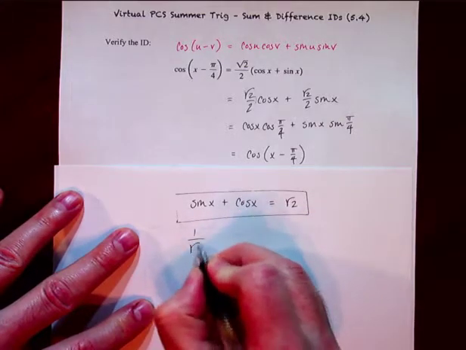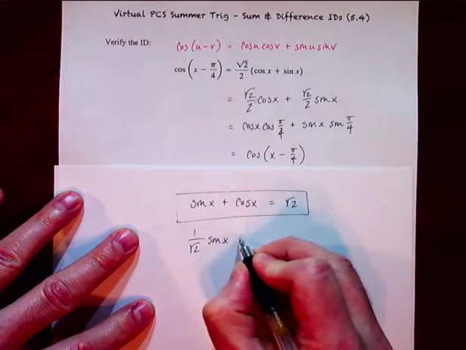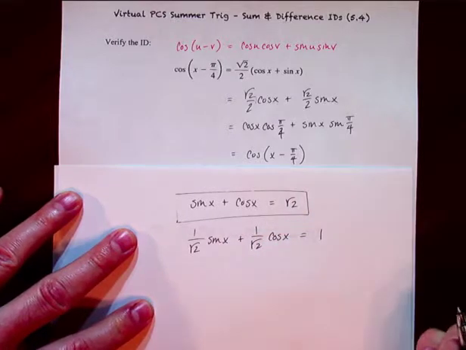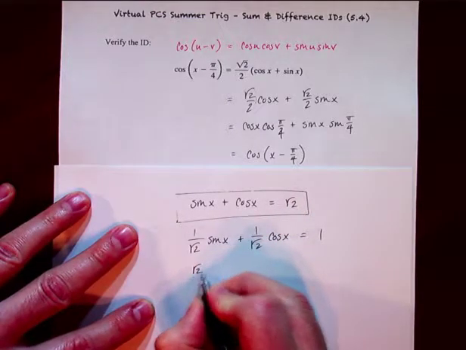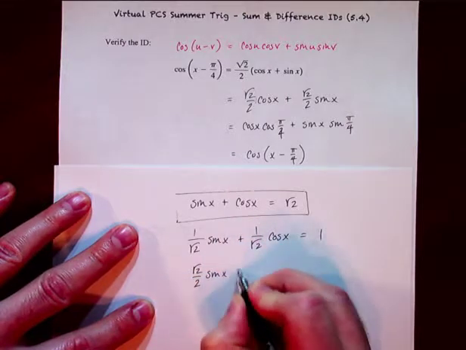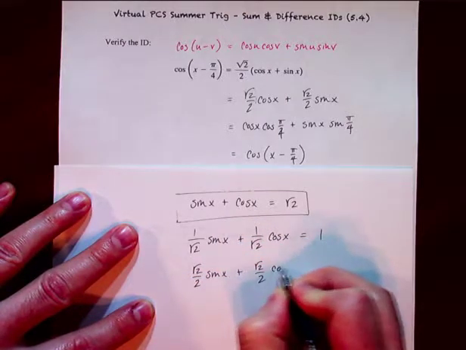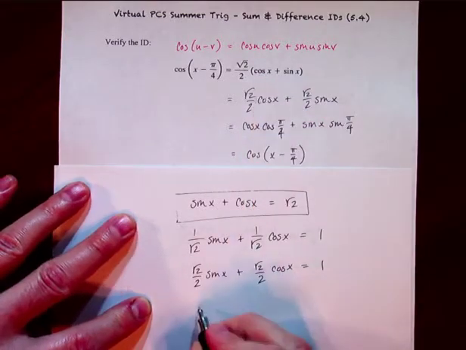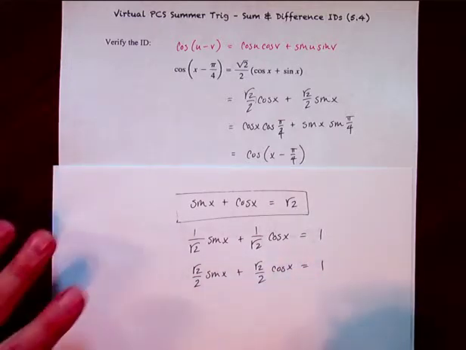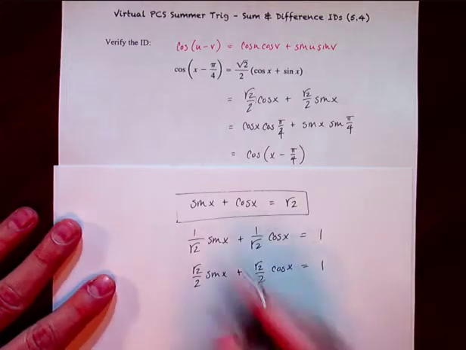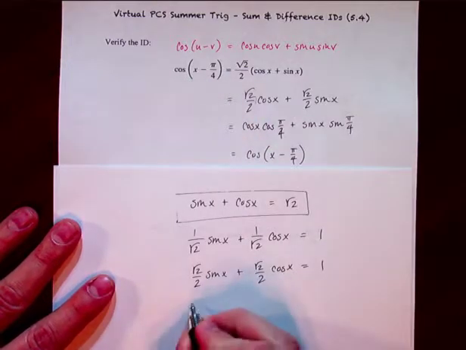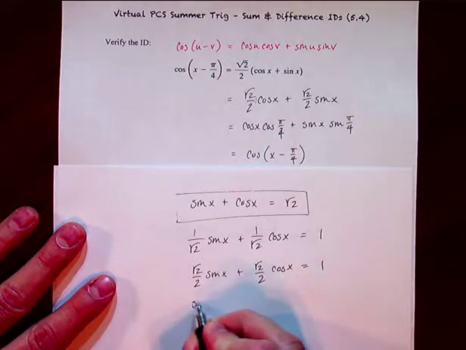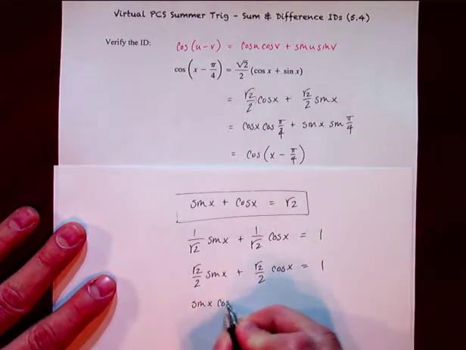And if we divide both sides by root 2, I'm then going to get, if I rationalize both of those denominators, something remarkably similar to that, right? And of course, you can flip it around, you can do whatever you want, but here's the thing: it doesn't actually have to go to cosine of x minus pi over 4. I only turned it into cosine of x minus pi over 4 because that happened to be that. Could I have just as easily turned it into